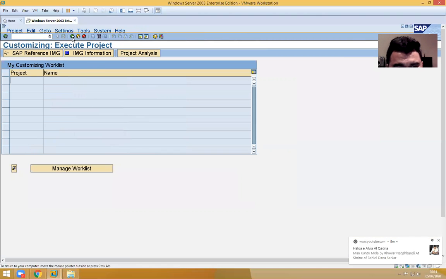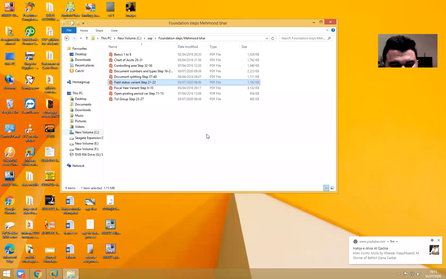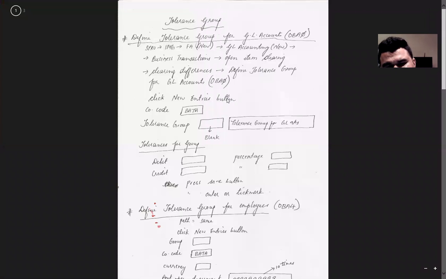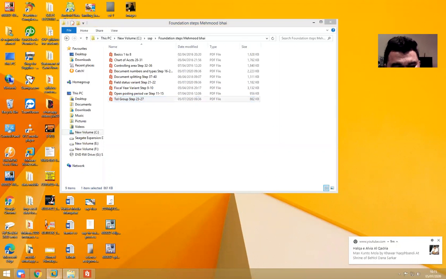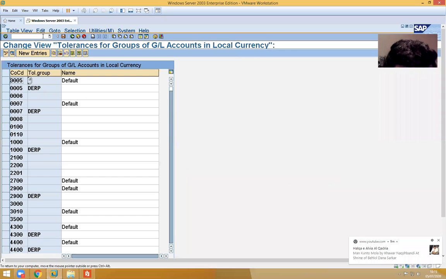Now I'll quickly do some more steps. Let's say tolerance group. What do you mean by tolerance group? See, OBA0 is the T code. I'm just going straight away with the T code.